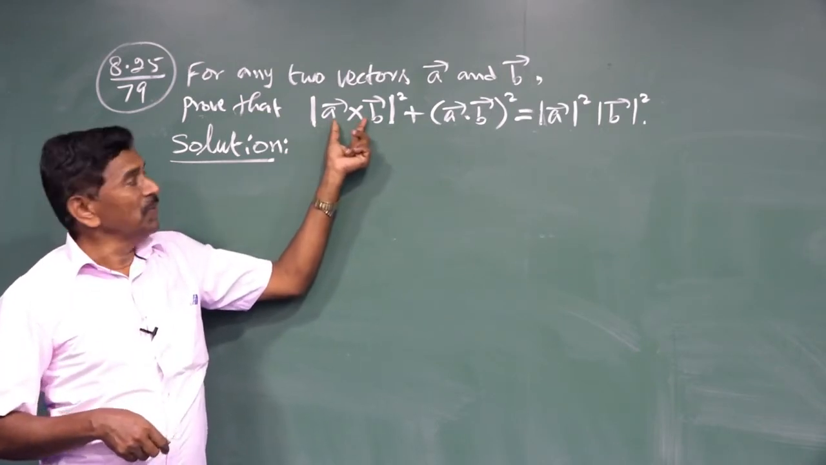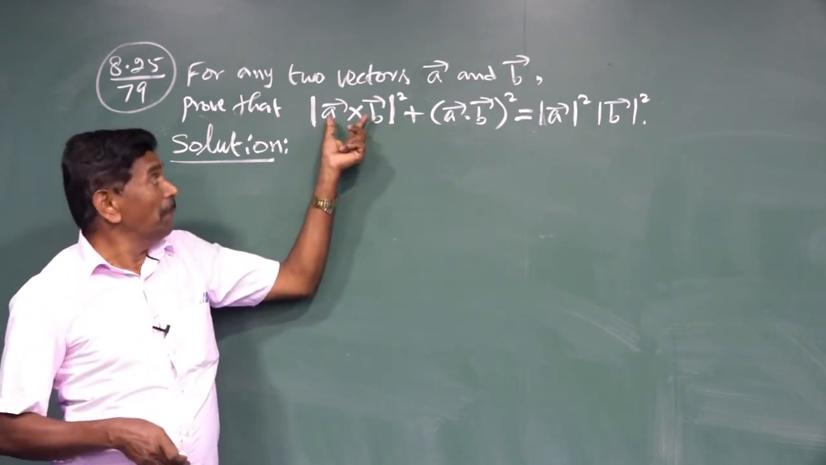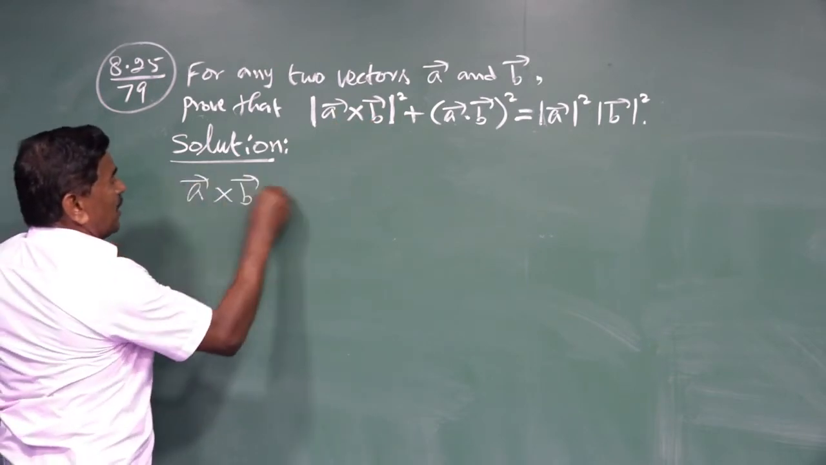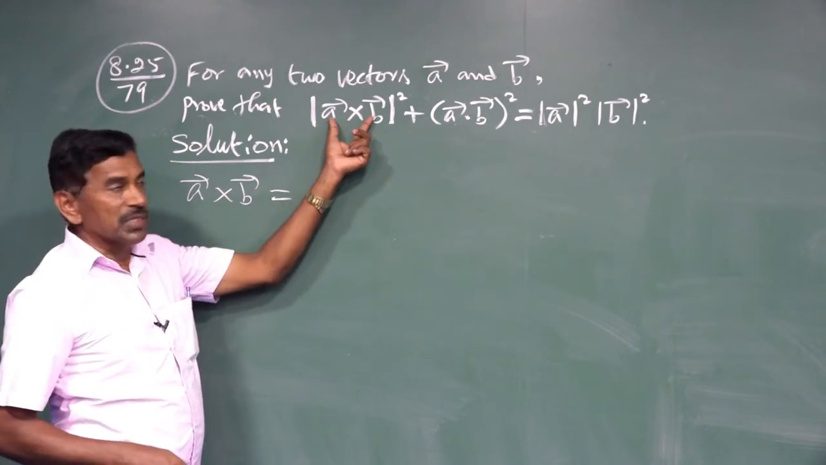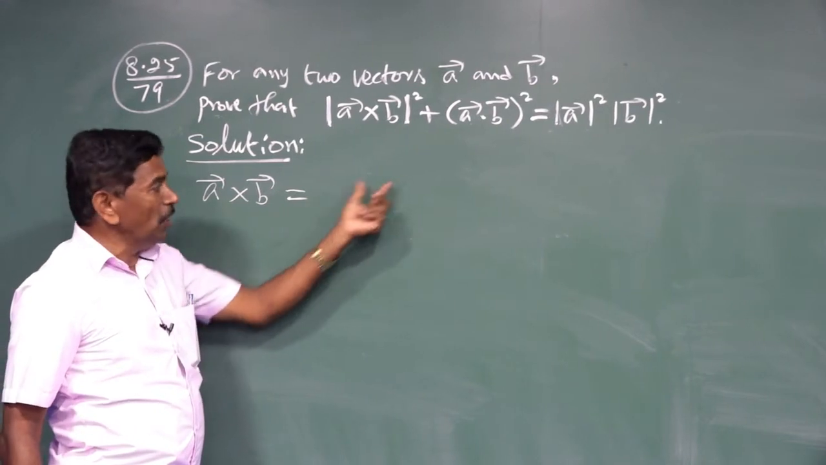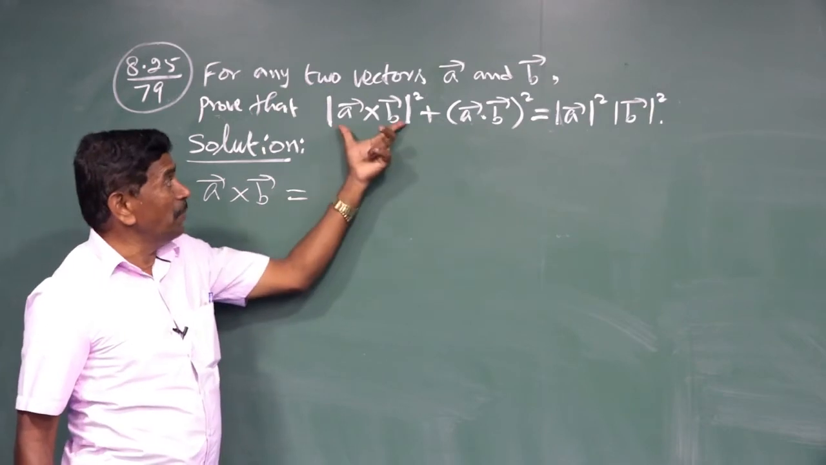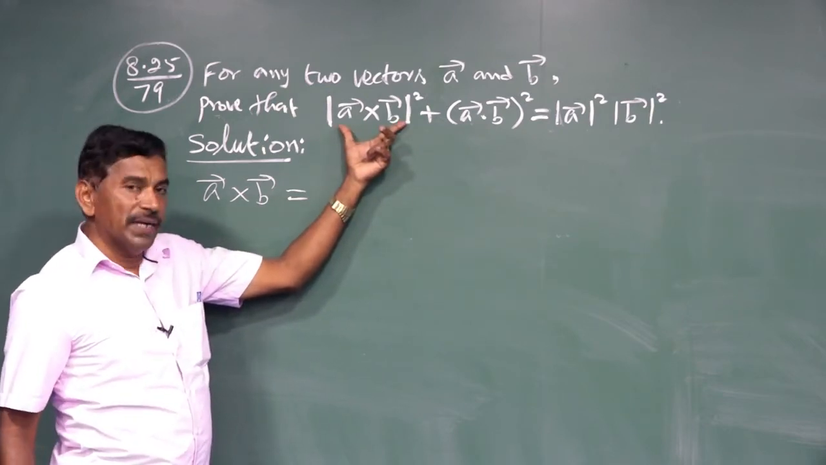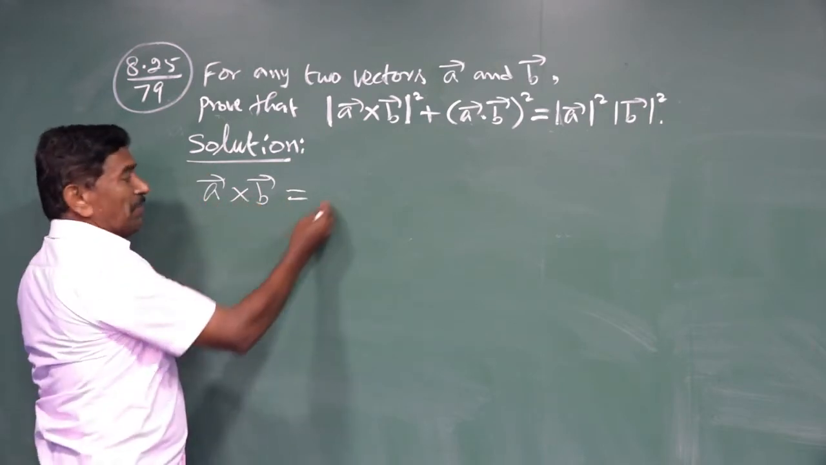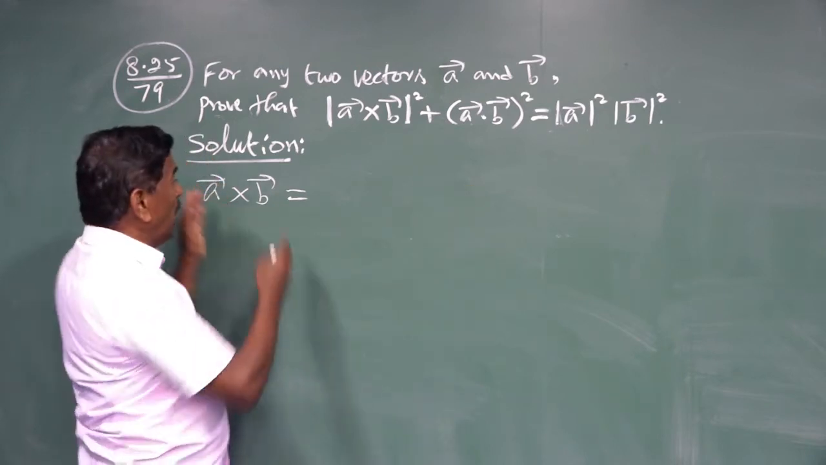Say, what is A cross B? By the definition of A cross B, A vector cross B vector is equal to modulus A vector into modulus B vector into sin theta into n cap. But I need a modulus. Let us find directly modulus. While taking modulus,